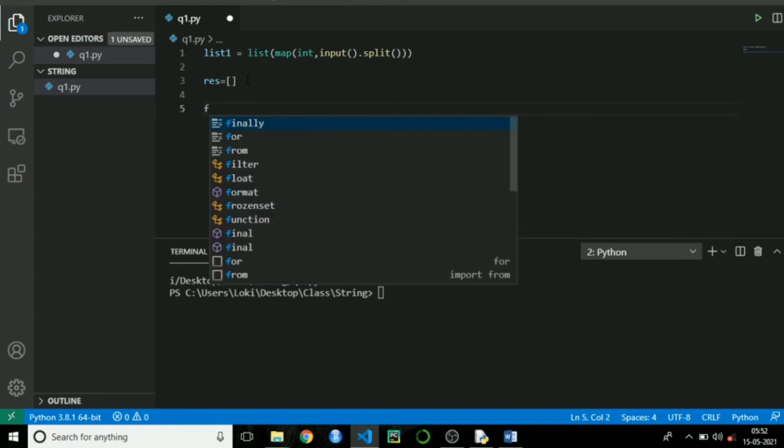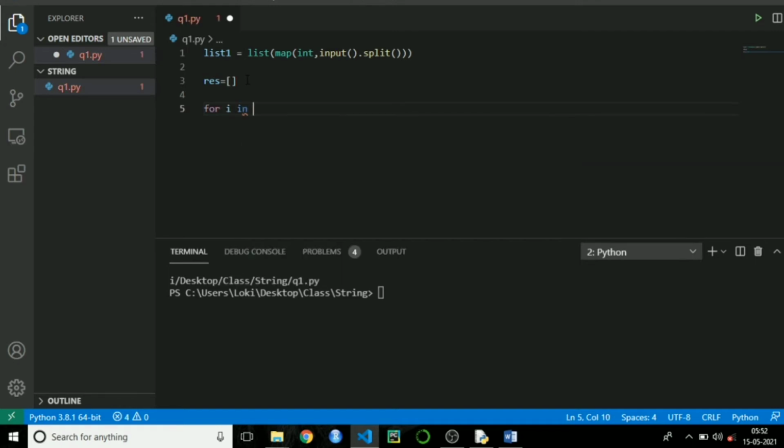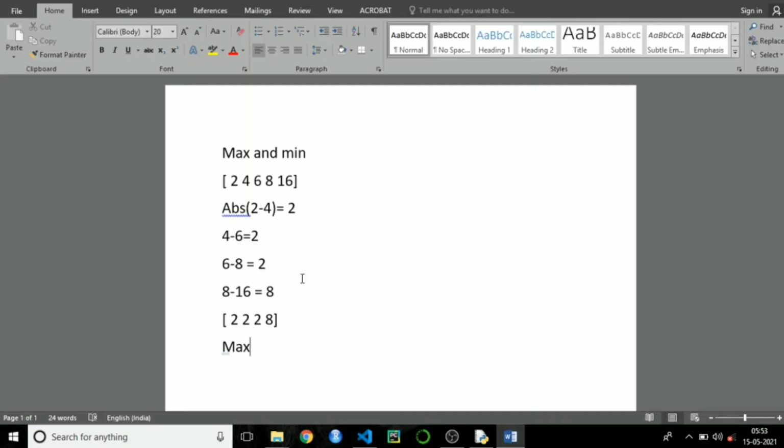After this I need a for loop to iterate through the list: for i in range of length of list1 minus 1. I am doing minus 1 here, and I will explain why. For this question, I need to get the difference values for 4 pairs of elements: between 2 and 4, 4 and 6, 6 and 8, and 8 and 16.